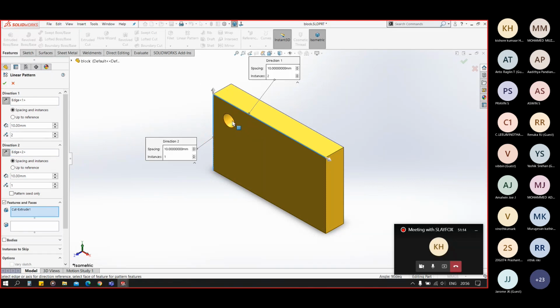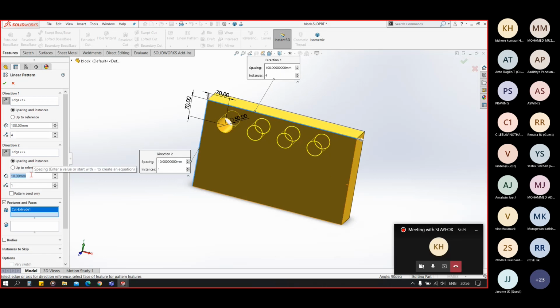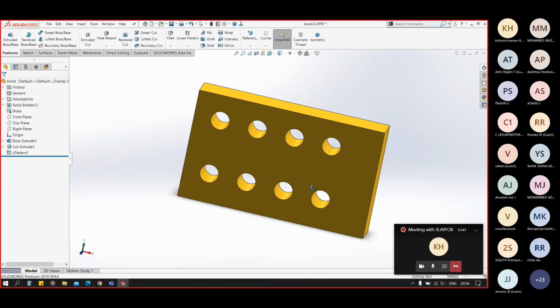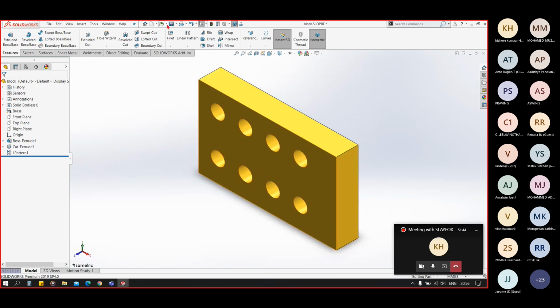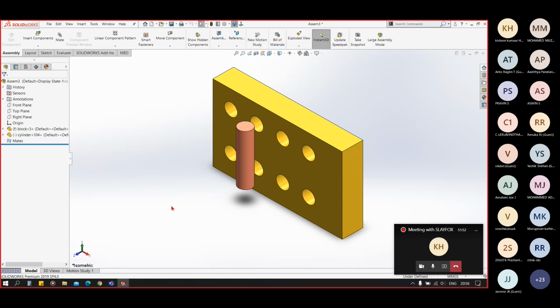We will select our feature as this, cut extrude, and I have to change the direction. Now I have this 8 holes pattern in my base part file. I saved it and clicked exit. Now you can see the change immediately occurs in the assembly.